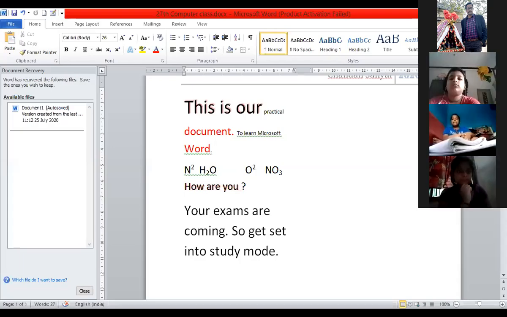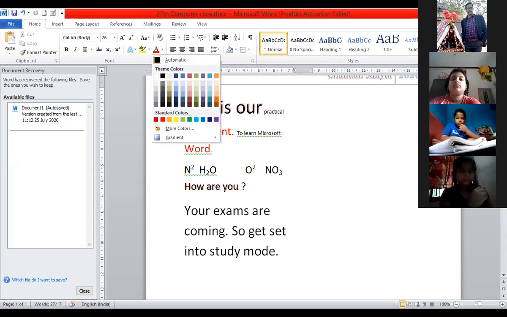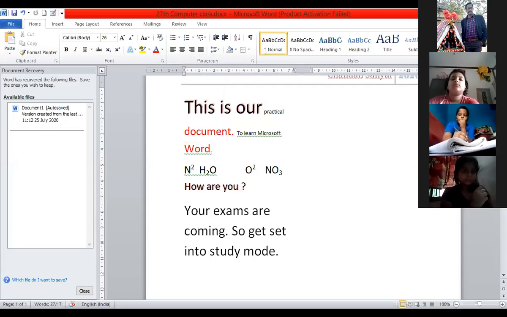Okay, now everybody just see, this is the first document for class 5A. I wish you learn properly. Now here, this is what exactly I have typed. Among this document for class 5A, this first part I have selected. And after selecting this, I am giving some colors, okay? So I put some color over here. I made it red. And then I will change the size of the text.